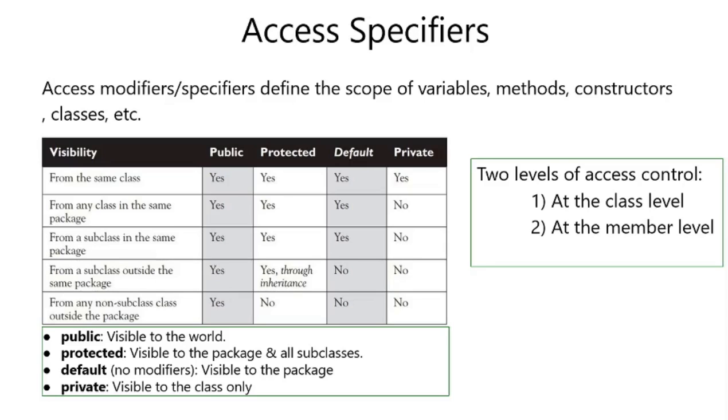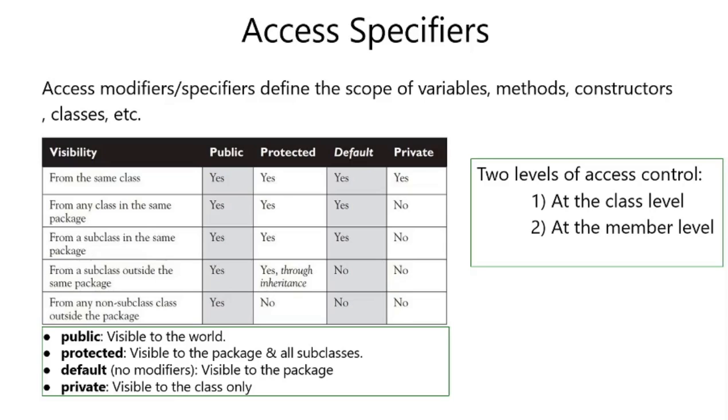In our previous example, we have declared the class as public. If it is declared as public, it is accessible to all classes everywhere. And if it is not declared with any modifier, the default access is package. That means if you are not giving any modifier, by default the class scope is package. So it is accessible only within its own package.